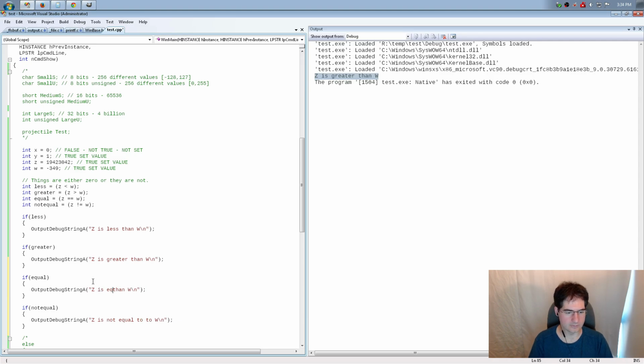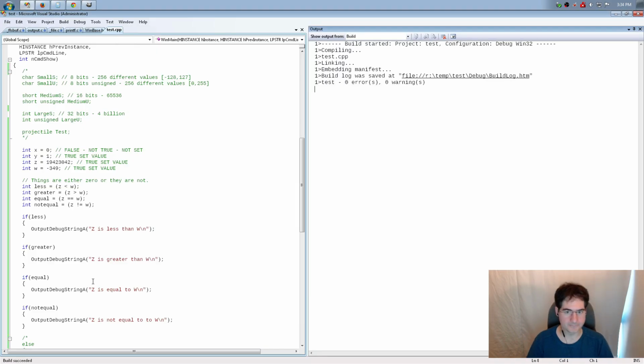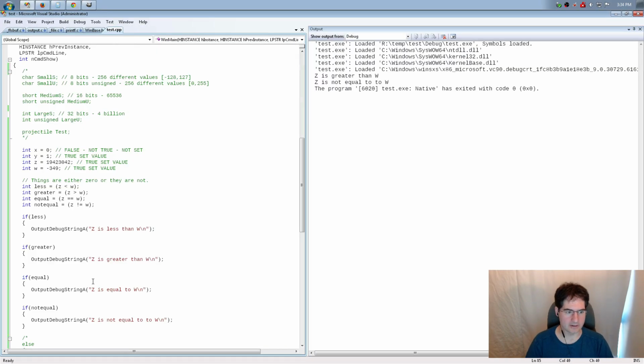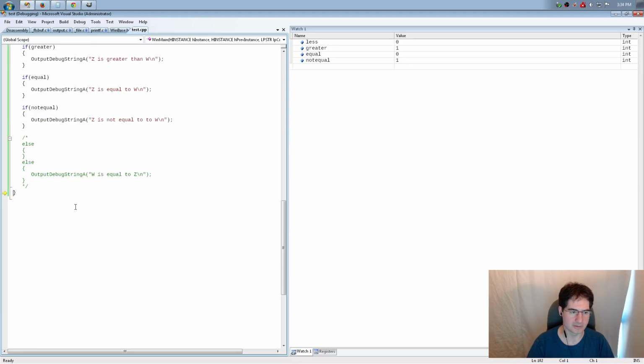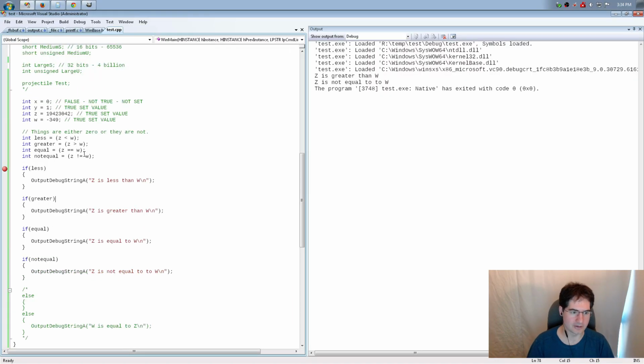And done, right? So that is the way to make some conditional execution, and basically what happens is when we look at it in the actual debugger, you will note that any time the condition is not true, it just goes ahead and full-on skips everything that is within the curly braces. Those curly braces are called a block. We will talk about them in the mainstream more. But basically everything inside the block gets executed if the if statement evaluates to true or not 0. And everything inside gets skipped if it does not. And you can see that's exactly what happens, right? No big mystery there, very, very straightforward.